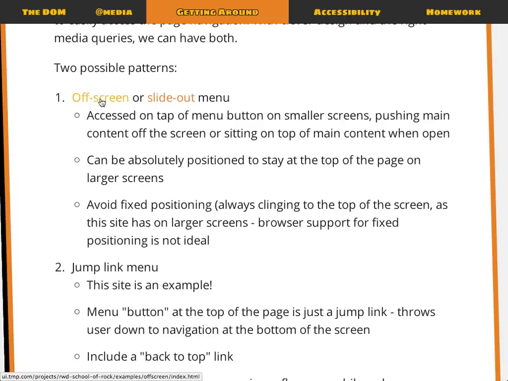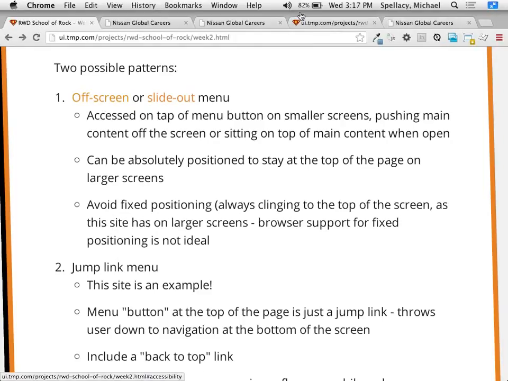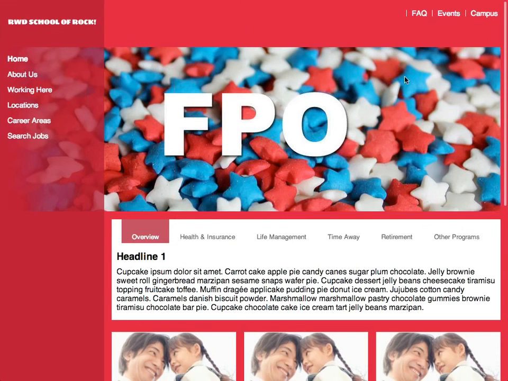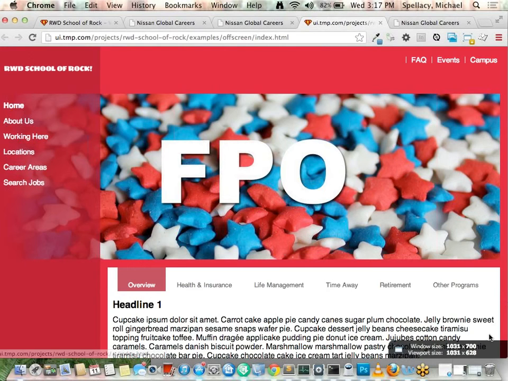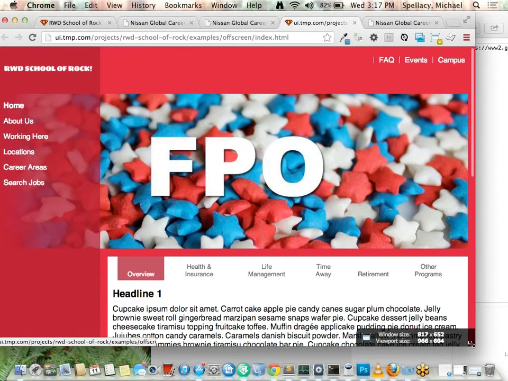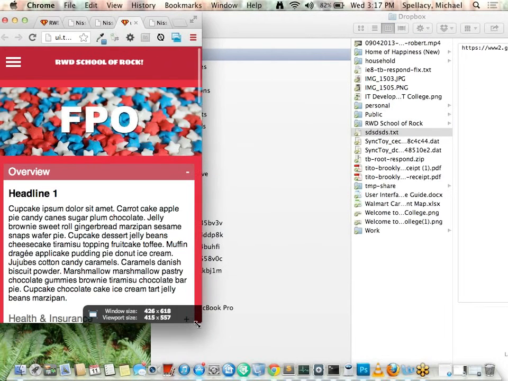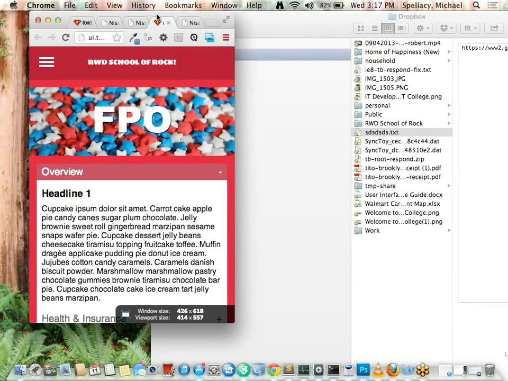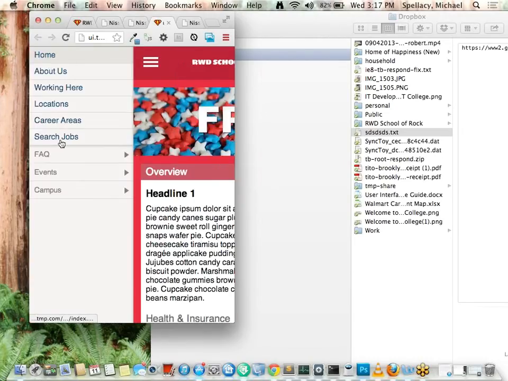So let's see, if this is what I think it is, okay, this is a quick proof of concept I did for a client, where I switched out their actual logo with our little RWD School of Rock. This is the off-screen nav option. Basically, when you click here, everything slides out over, and you get your whole nav